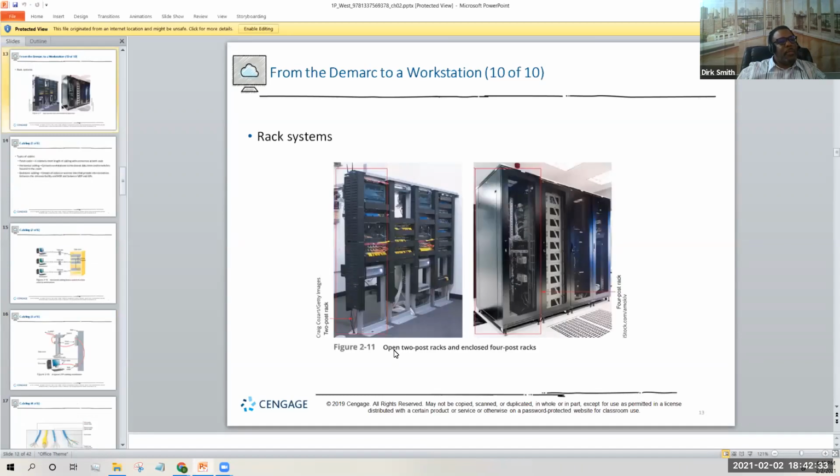So right here, this is a picture of two different rack systems for servers in data and telecommunications. Okay, so you have several types. This type here is more of an open type, and this is more of a closed-in cage type rack system. A couple of things you can notice when you're looking at this diagram and slide here,